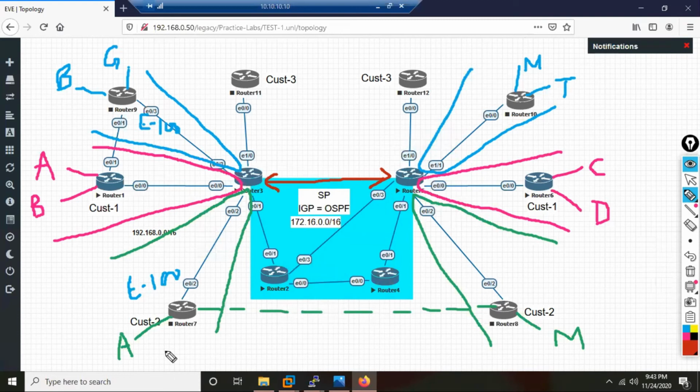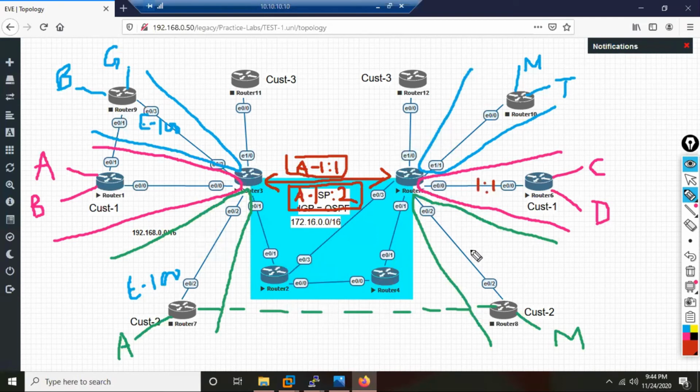Yes. If you see customer, let's say customer 1 A, how will customer 1 A look like? As I said, A will have, let's say, A1 colon 1. Another customer A route, let's say this customer 2 route, how will it look like? It will be A1 colon 2. So if you see this whole thing, is it unique? So when this route lands on R5, R5 clearly knows, oh, this A belongs to 1 colon 1.